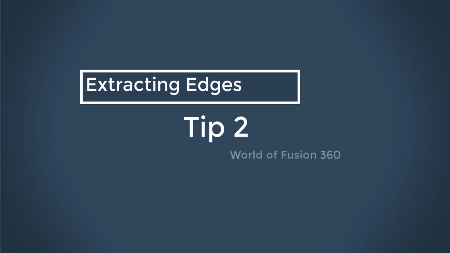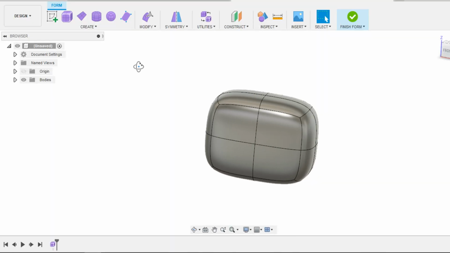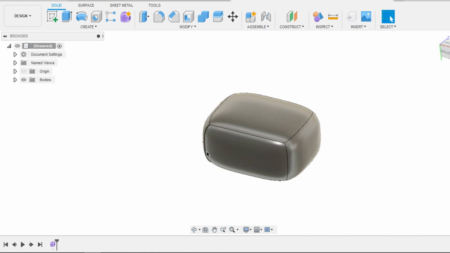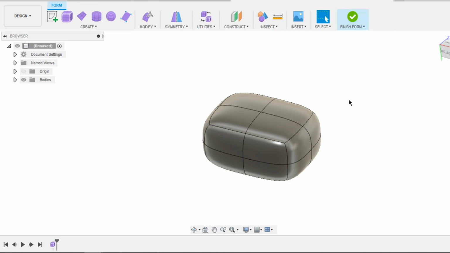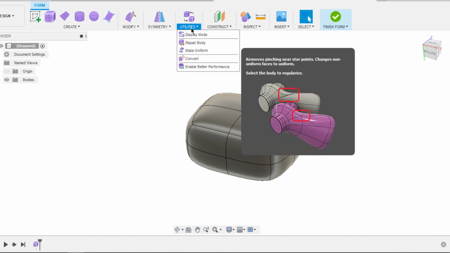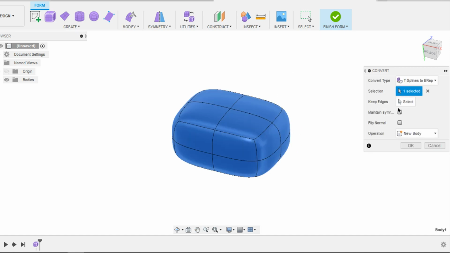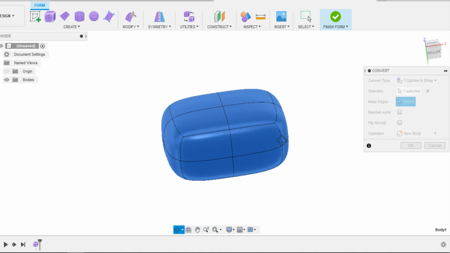Moving on, tip number 2, extracting edges in T-splines. If you observe here, I just have created a box. I'm gonna finish form. We haven't got the edges in here, right? In order to get those, get back to form workspace, and under utilities, click on convert and select the body to convert, and if you select keep edges, select all the edges that